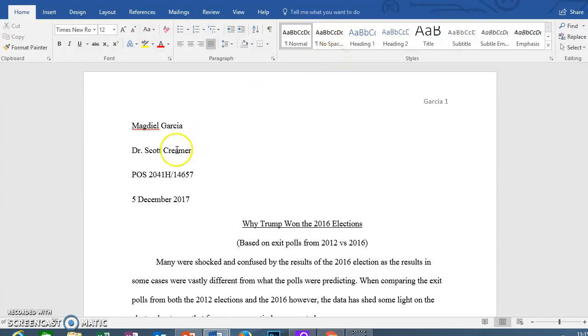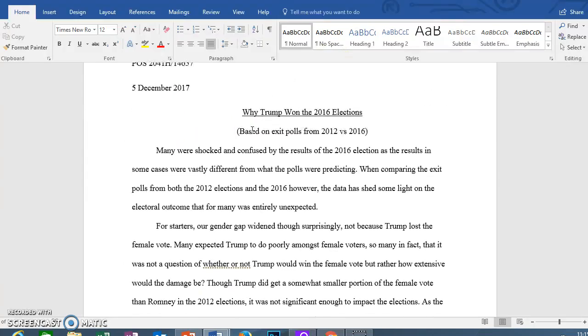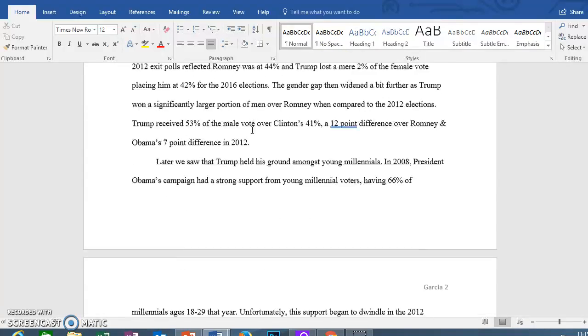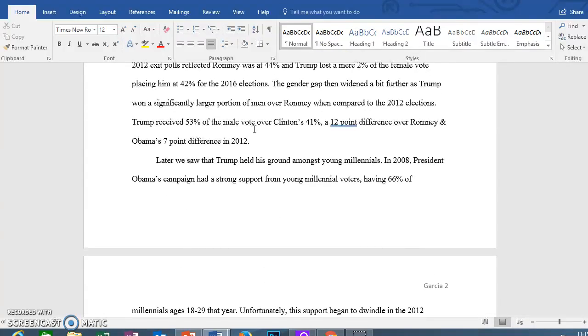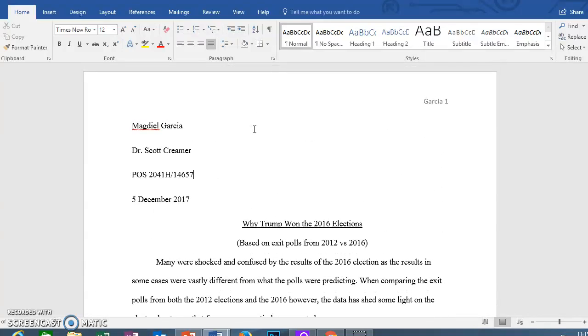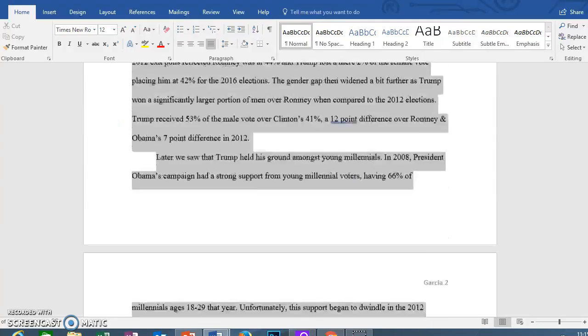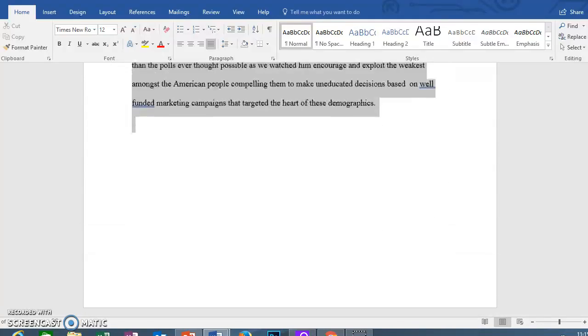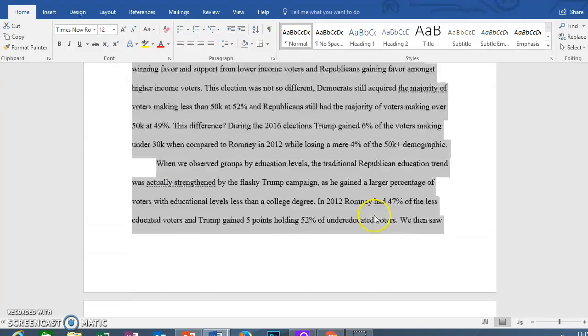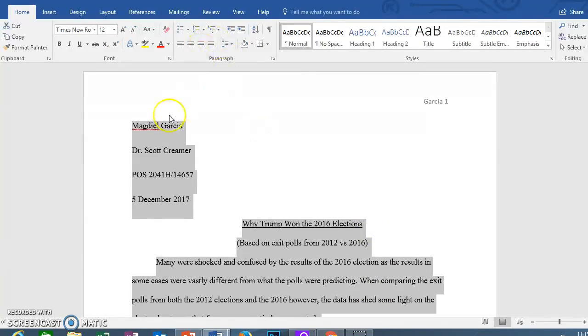So this paper is in a standard MLA format. Let's talk about its qualities. First of all, make sure to double space all the writing in the paper. So this includes all of the writing, the space between the paragraphs. Just make sure that the entire thing from the beginning, including your name, professor's name, the heading, straight into the title,